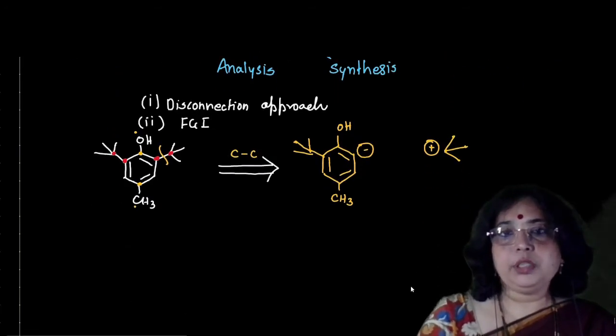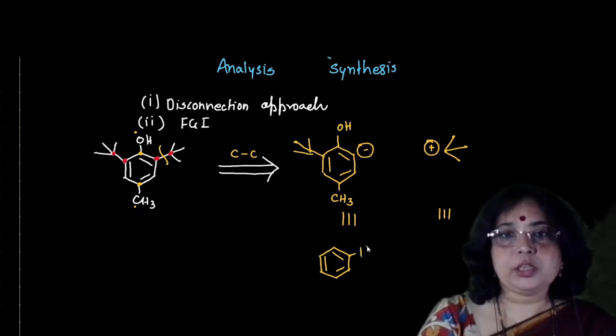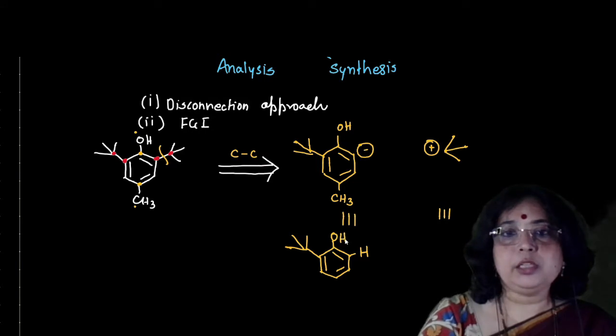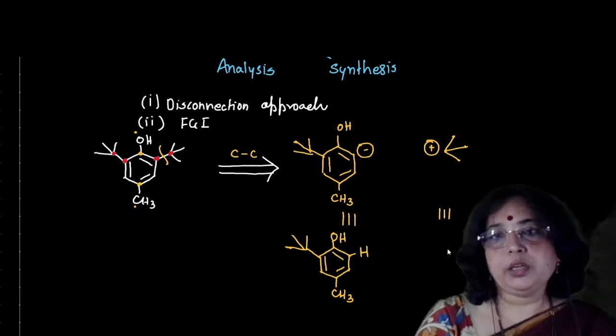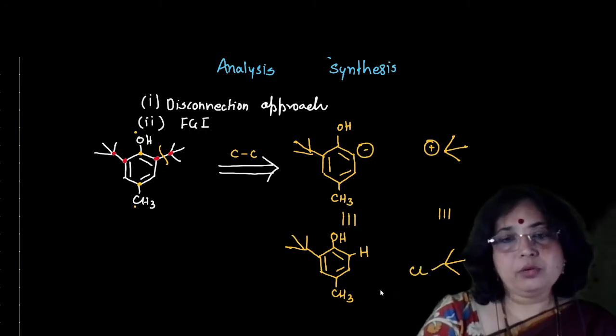Now let us have the synthons. These are the synthons, and we'll have the synthetic equivalents. Now there is an important thing I am going to tell you. Whenever there is a negatively charged aromatic ring, just add hydrogen and make it a hydrocarbon. And if there is a positively charged carbocation, just add Cl, which will give you the halides. All right, so I am going to prepare the halide. So this will be a Cl. So these are the very good synthons.